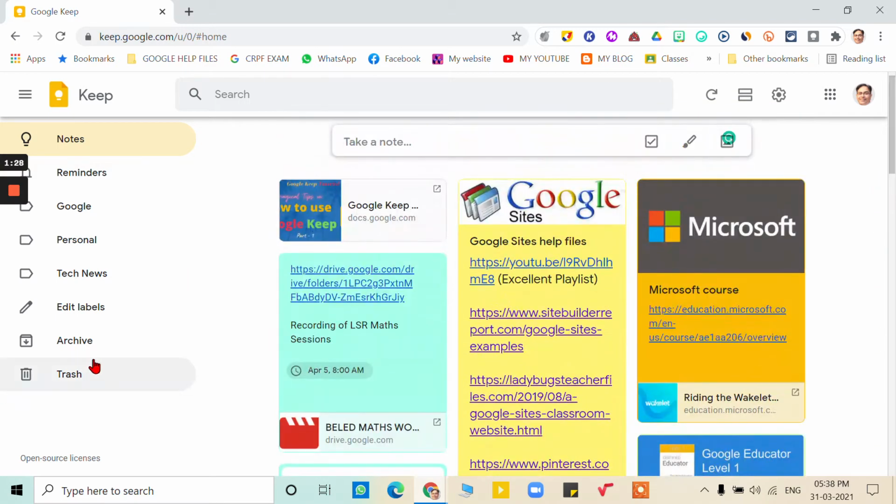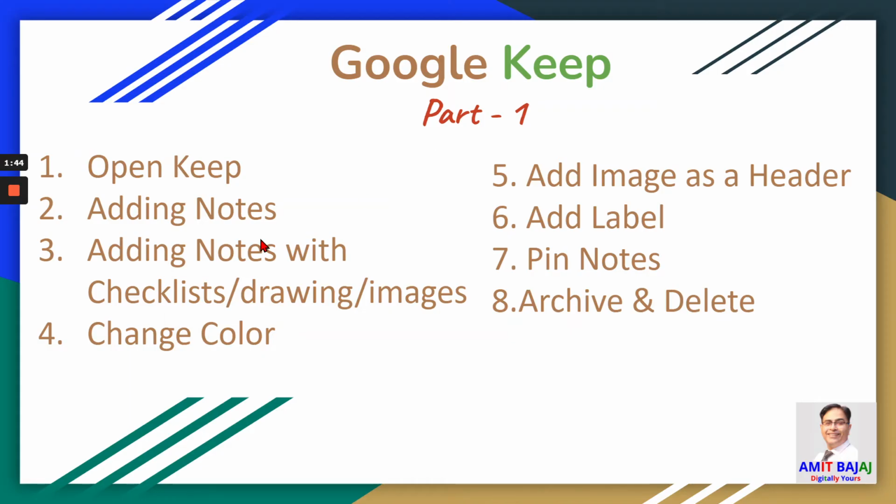So basically, you want to save certain notes, certain web links, or certain website ideas, or whatever you have in your mind. You want to keep the image notes, or you just want a list of notes, right? So how are we going to add the notes? There are three different ways. Which begin with a checklist.